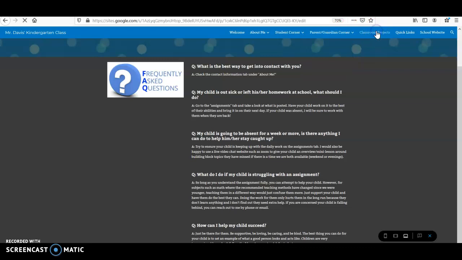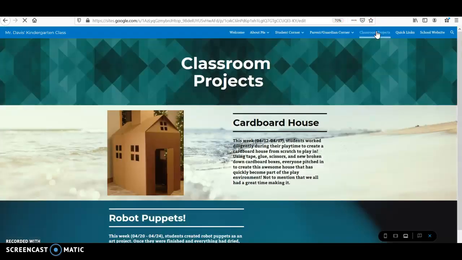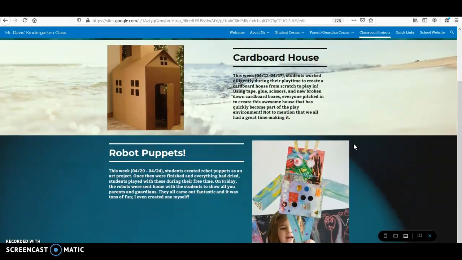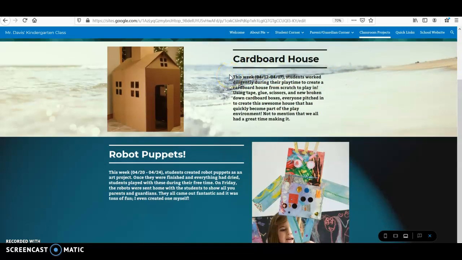So now we've got our classroom projects. So this would be updated. The goal would be every full week there would be one update with a new classroom project that's going on during the week. So you can see this week here, students built a cardboard house for the classroom using tape, glue, and scissors, and now it has become part of the play area. Had a great time making it, and now they can use it to play in every day during their free